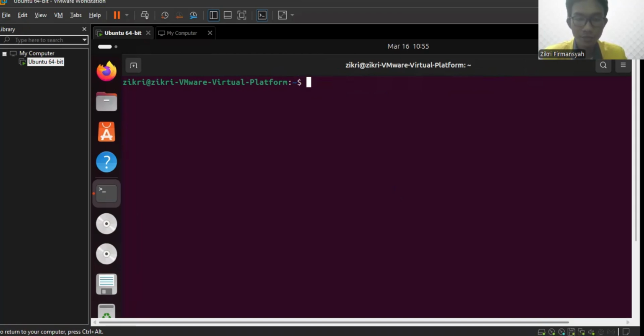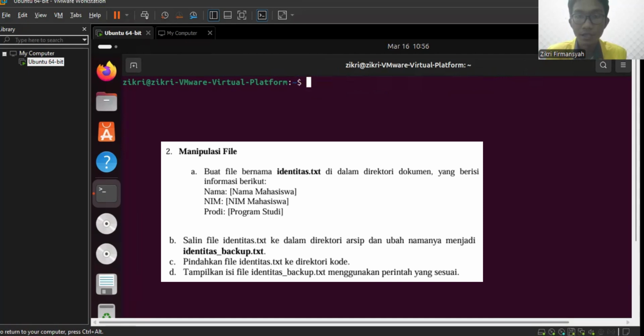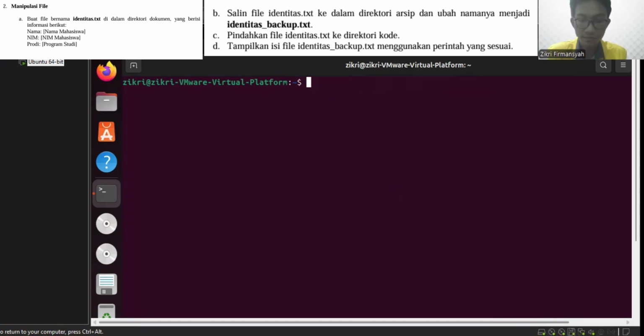Okay, now let's move on to question number 2. In this question, I will be manipulating files in the directories. The first thing that I want to do is make a file with the name identitas.txt inside the document directory.